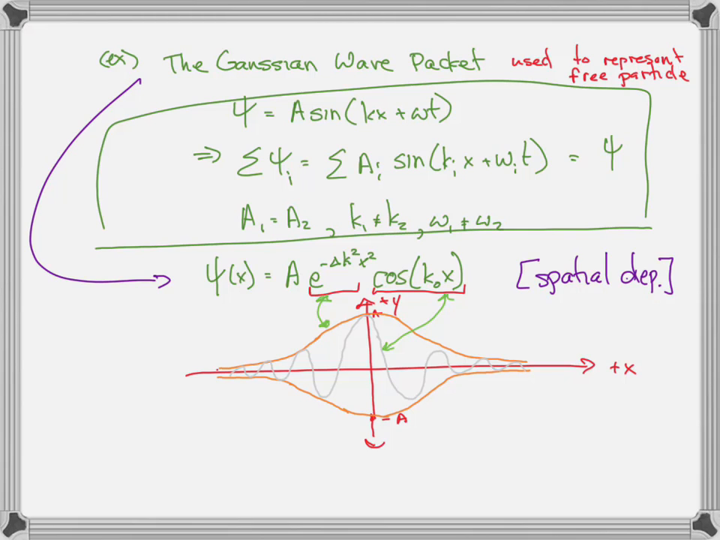Now, it does indeed go to 0 at x equals plus or minus infinity. So to talk about the localization, what's the width of the wave packet? There are different ways to talk about width, but often it's called full width half maximum. What that means is, if we take the maximum, A here, and we go to half the maximum, which is 1/2 A,